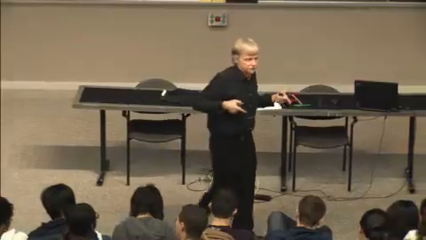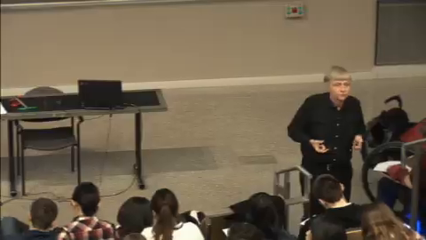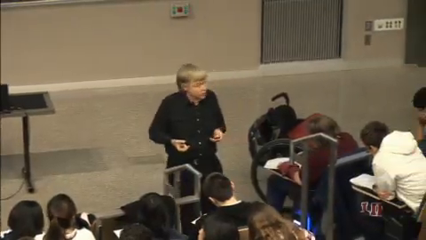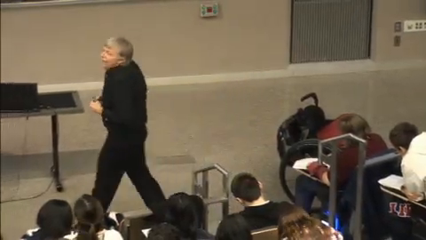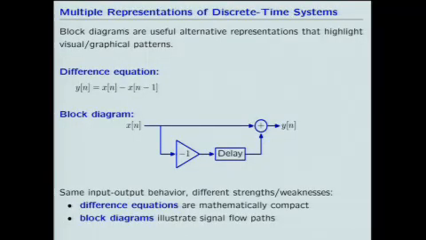So there's extra information, but it comes at a cost. It's a more complicated representation. It's a whole picture instead of just an equation. What we'd like to do, and what I'm going to do now, is develop a different mathematical approach where you get a different equation that has the same properties of concision, the same conciseness, but also contains all of the information that was in the block diagram.